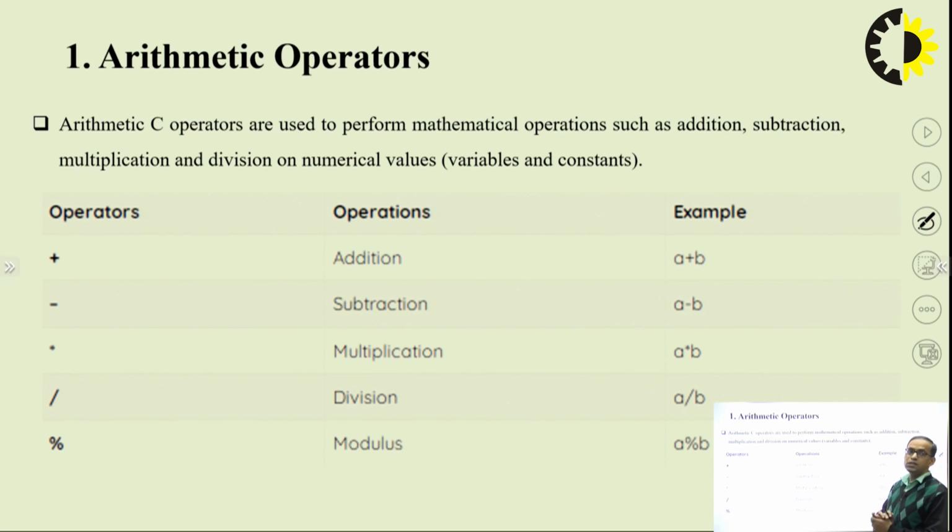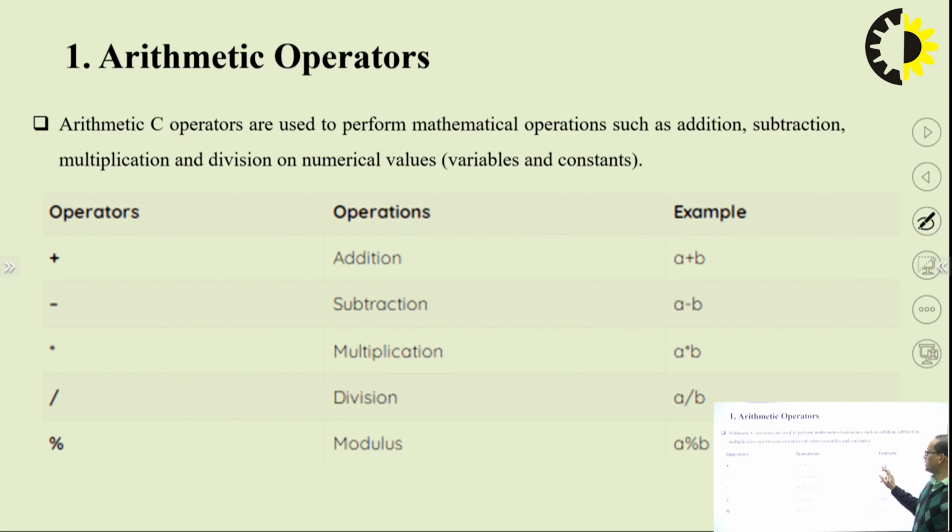Arithmetic operators are basically used to perform mathematical operations, like the addition of two numbers. The numbers may be of integer type, meaning whole numbers, or decimal numbers. So how can we perform addition, subtraction, and which operator is used for multiplication and division on numeric values? For that purpose, we have different operators in C programming. At first, the plus symbol is known as the addition operator.